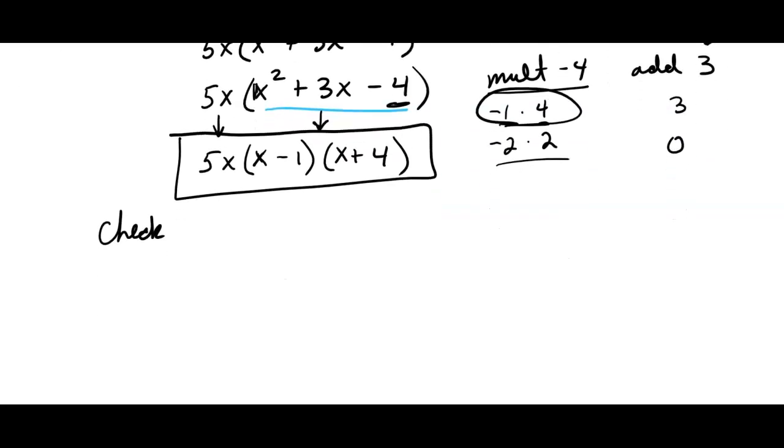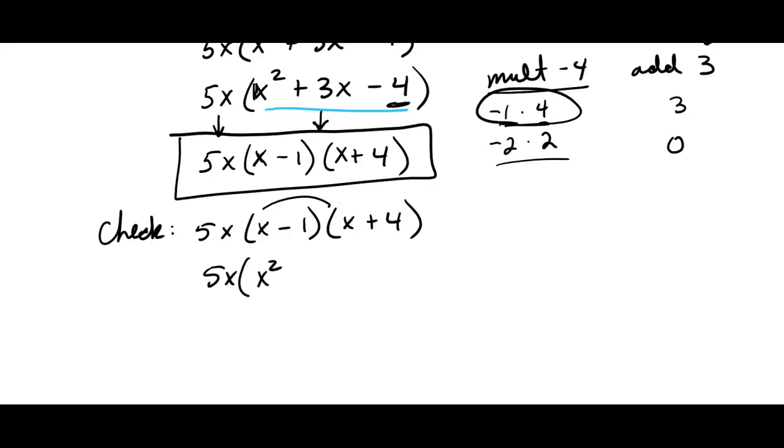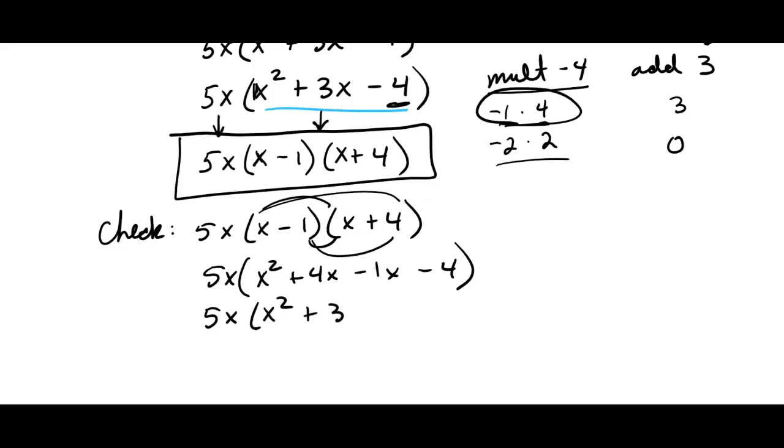When you have this situation, it'll be easier for you to multiply the binomials first. So I would do that part first. I mean, you don't have to, but so you get x squared, you get 4x, you get a minus 1x, and then you get a minus 4. And then I would simplify in the parentheses. Okay, so I get that.